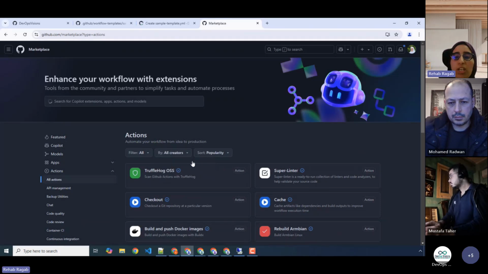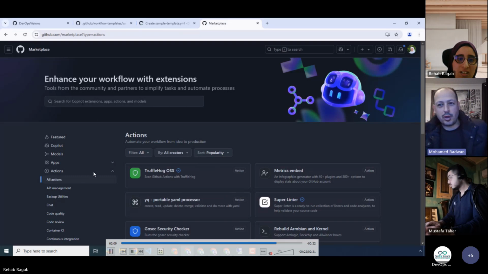What if you can't find the action that you would like? You can create your own custom action. And that's what we did while we were working on a real use case scenario. We searched for a custom action to do our work, but we couldn't find one, so we created our own.